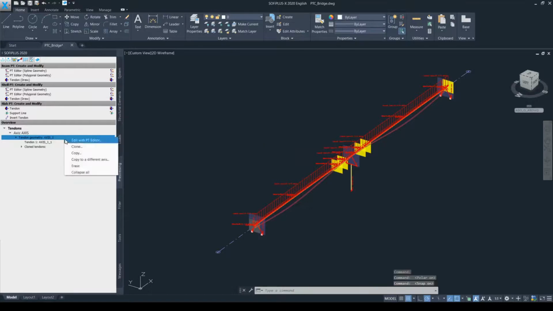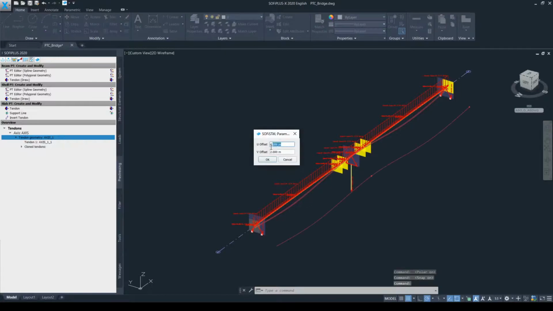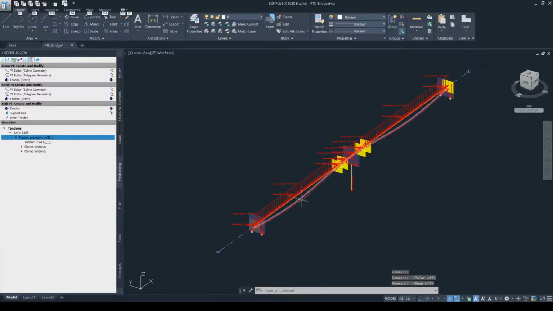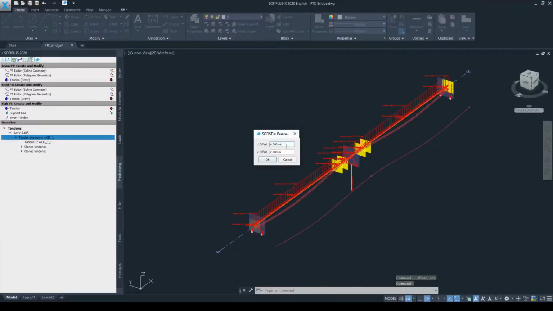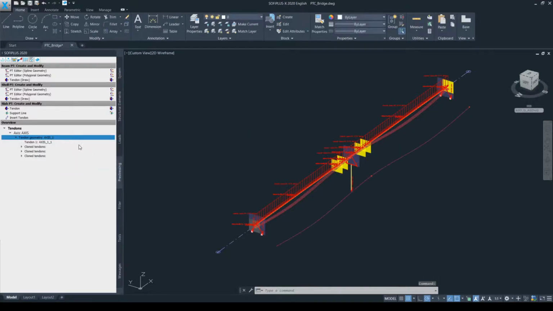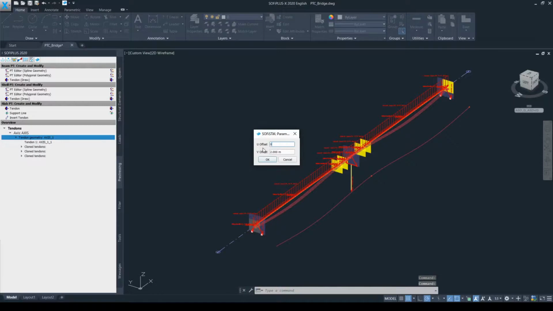-0.150 meter and for the V offset 0 and click OK. I will click again with my right mouse button on the tendon geometry, choose the clone, and in this case I'm going to enter 0.150 meter with a plus sign and 0 and click OK. Now I have my first 2 cloned tendons. I will repeat this procedure many times, so clone -0.3 meter and 0, plus 0.3 meter and 0,